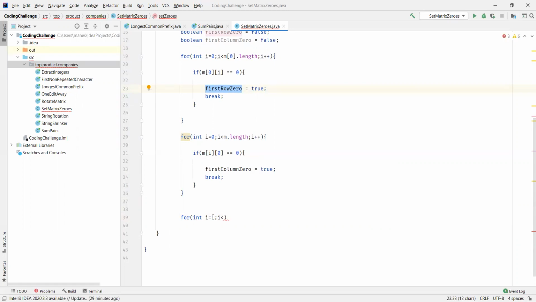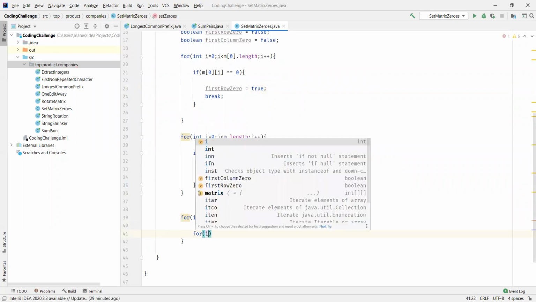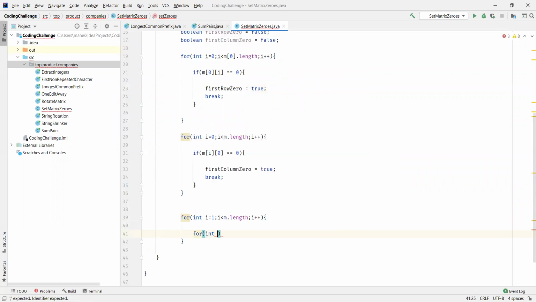It has to loop through all the rows of the matrix, and for each row indicated with the index i, I am starting my column also from 1, less than m of i dot length, which gives us the length of the columns for that particular row indicated with i, right?